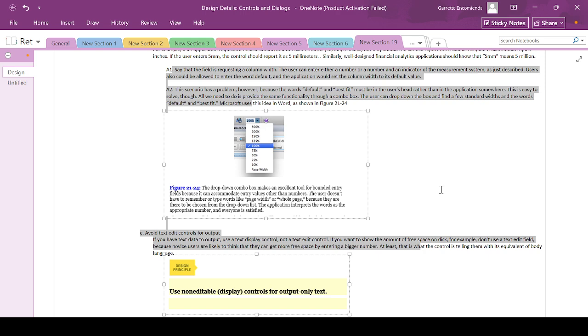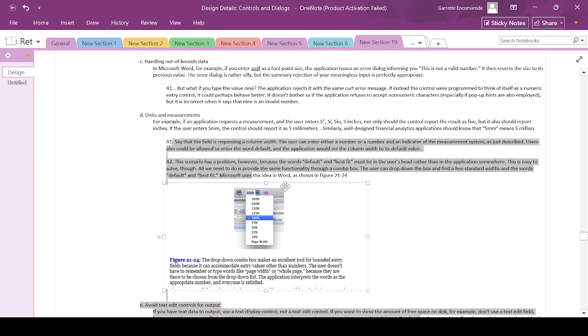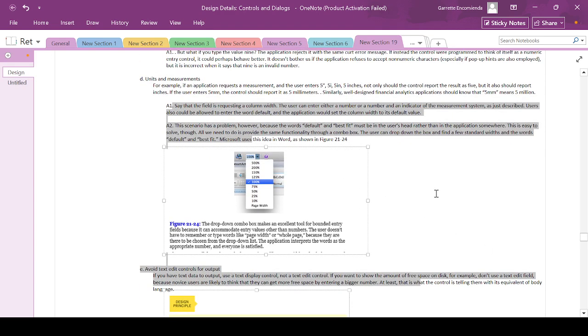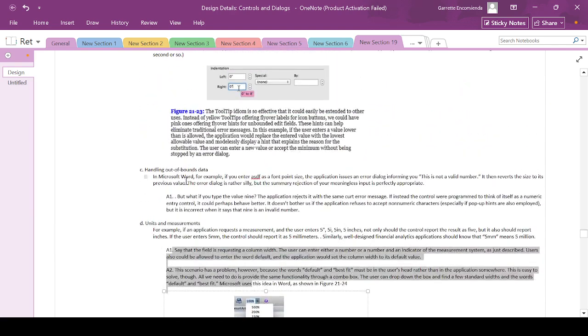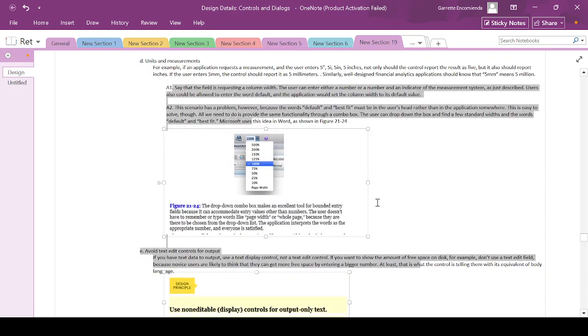value. This scenario has a problem, however, because the words default and best fit must be in the user's head rather than in the application somewhere. This is easy to solve though. All we need to do is provide the same functionality through a combo box. The user can drop down the box and find a few standard widths and the words default and best fit. Microsoft uses this idea in Word, as shown in figure 21.24. For units and measurements, handling out of bounds data, this is how we do it using a combo box